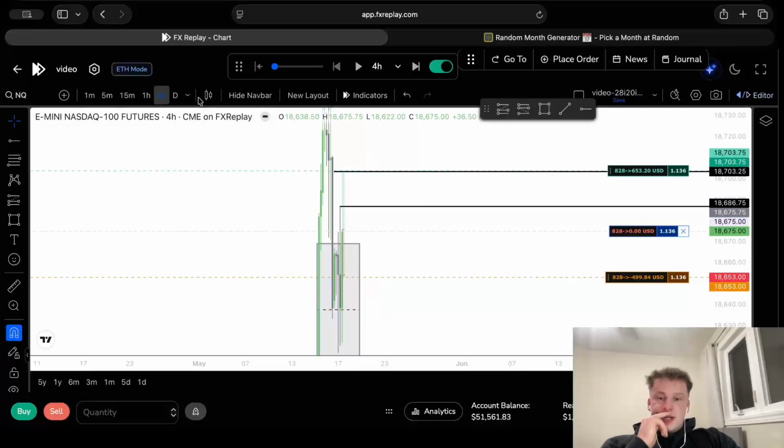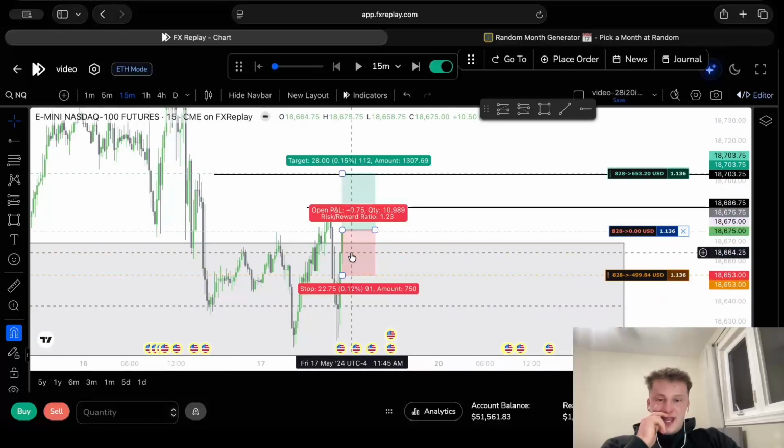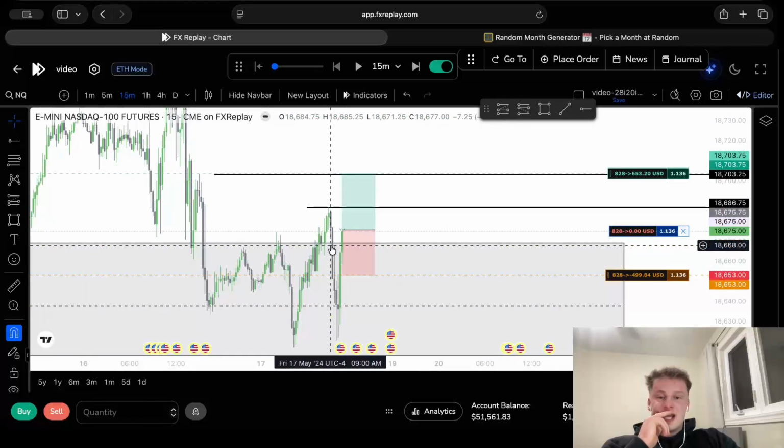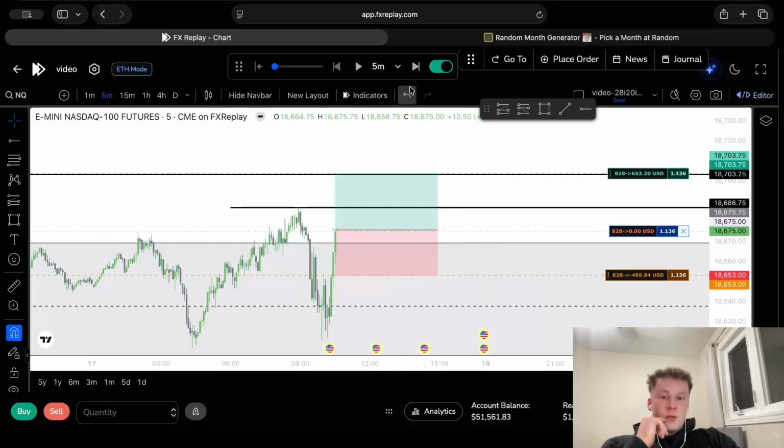Idea here was we did hold the gap. We tapped deep into the gap and had a good reaction out. The 15, you could have taken this right here, but I don't like the idea that we didn't break through the gap and we were holding this tiny 15. You never know, a gap this small could honestly hold. So waiting for another candle won't hurt you. It might take your R a bit lower, but it's still a safer, higher win rate trade.